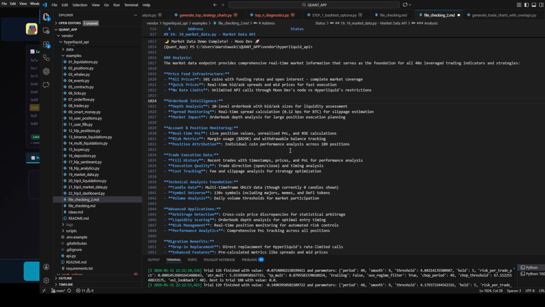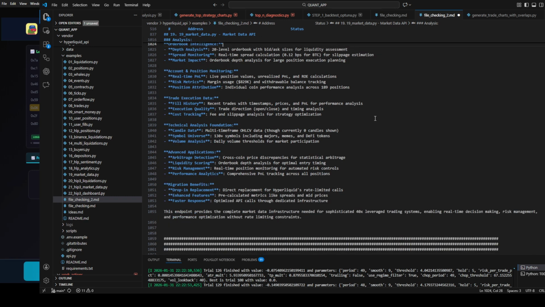Position attribution, individual coin performance analysis across 189 positions, trade execution data, fill history, recent trades with timestamps, prices, and P&L performance analysis, execution quality, trade direction, open close, and timing analysis, cost tracking, fee and slippage analysis for strategy